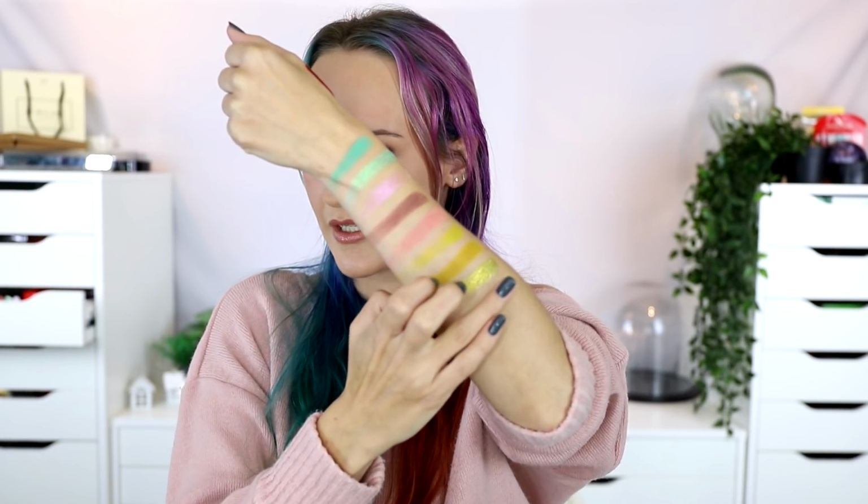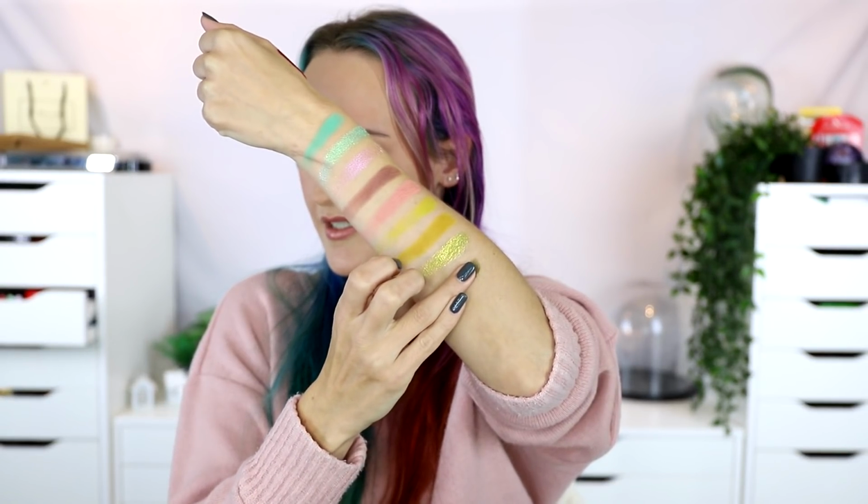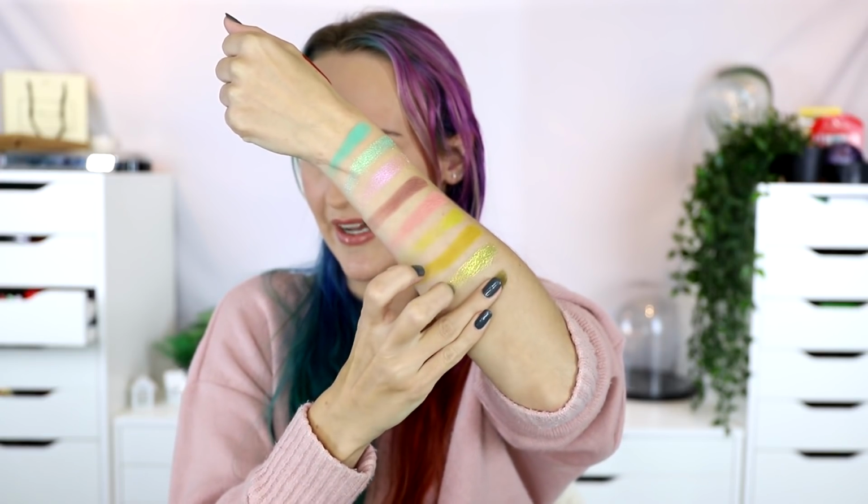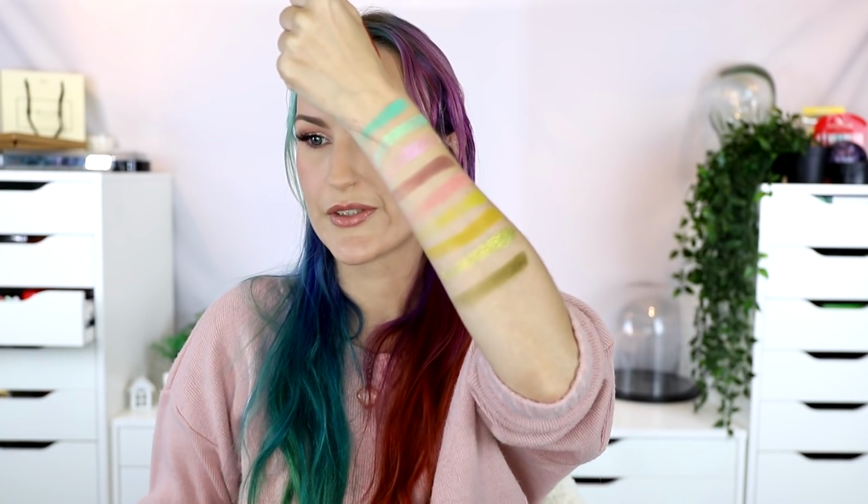And the last one is called Earth Ship. It is a cool muddy forest green matte. That is, yeah, kind of like a swampy green shade. Oh yeah, I'm trying to get a better swatch of that. There we go. Success. Okay, so I haven't used every single shade in this palette, but I've used most of